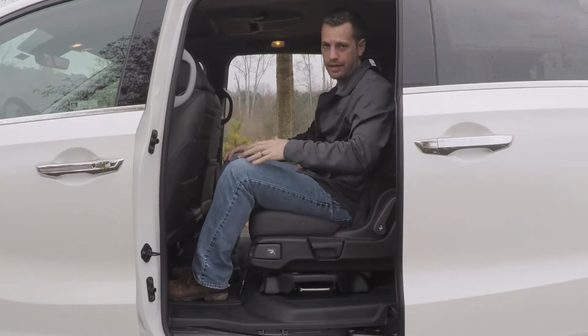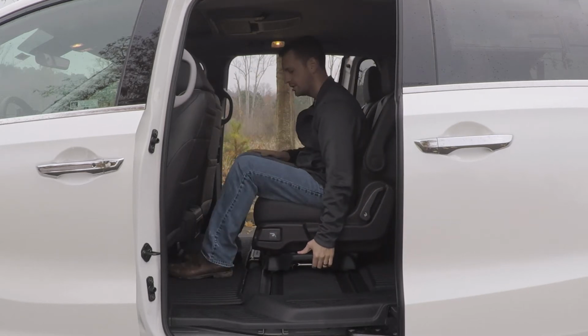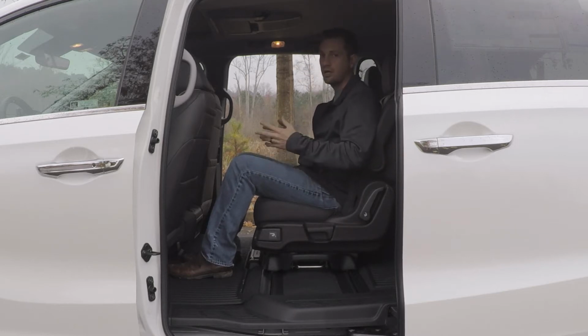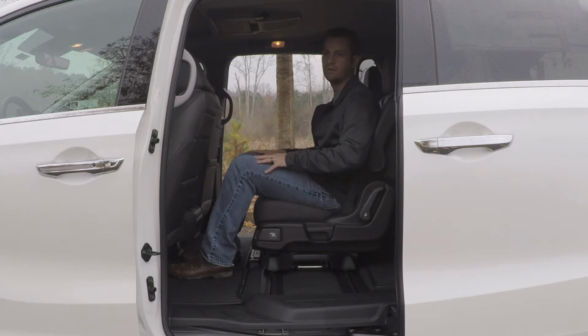The best part about the Magic Seat is the fact that you can slide yourself over in the middle. This works really well if you have child seats, right? So you slide yourself all the way over to the middle. You're on a road trip, baby's crying in the car seat. You have to either climb all the way back or pull the car over to figure out how to calm